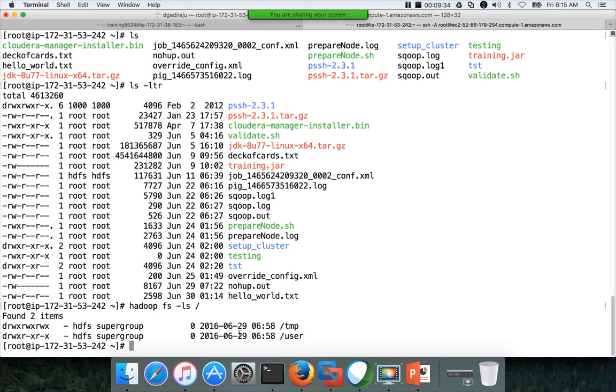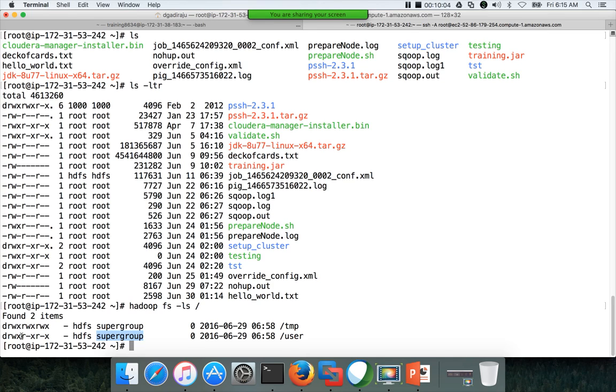Here you can see under / it is listing these 2 directories and also listing the properties of the files. And here you can see the permissions for the owner, group, and others. If you are from Linux, you will understand very easily. If not, these permissions are for the owner, which is HDFS in this case. These permissions are for all other users in the group called supergroup in this case.